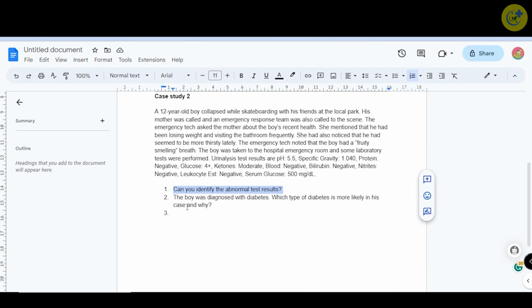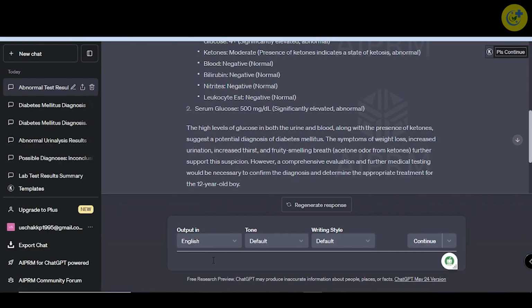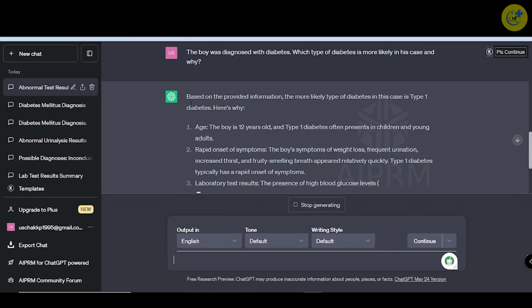My second question, the boy was diagnosed with diabetes. Which type of diabetes is more likely in his case and why? Copy and paste. Great, superb. Within 3 to 5 seconds,